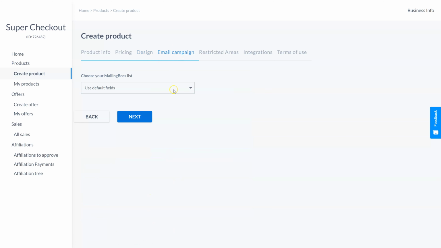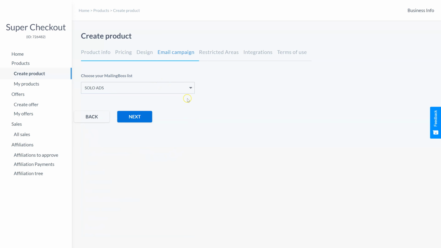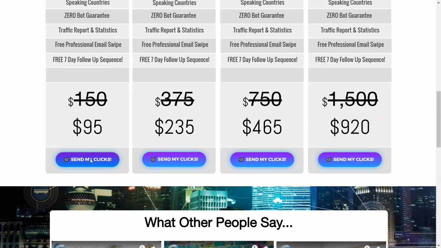And the email campaign is where you'll connect an email campaign to be sent out after someone purchases, but this also selects which fields will be visible inside of your page. So for example, I'll show you exactly what fields I've got on my solo ads page. If I click here and click solo ads, and then I come back to the solo ads page, and then I scroll down and I click on send my clicks,